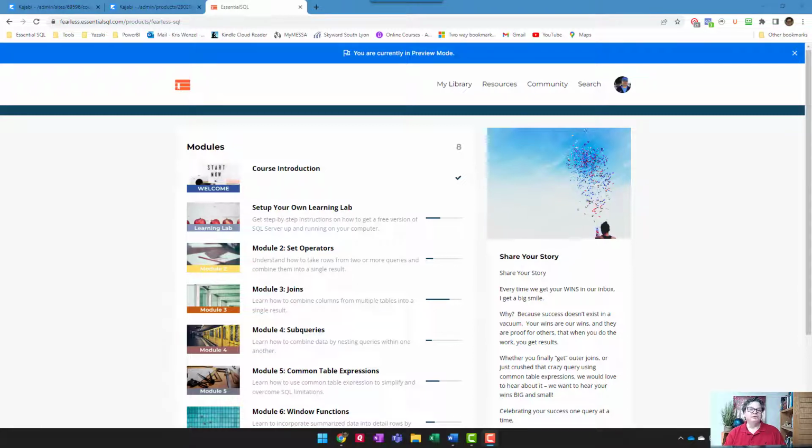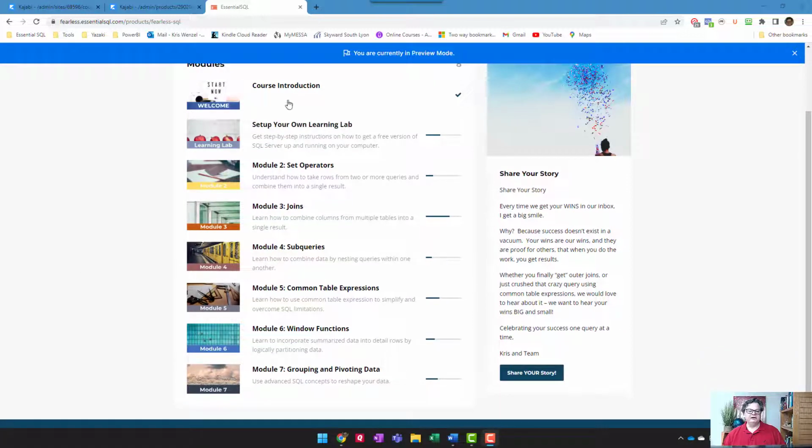So I want to show you a module that I put together in the course just to show you the approach, because I think you're going to find this is something that would really help you. All right, so the course is actually divided into 8 modules, and as you can see here, they start running through some of those concepts that you would need to learn as you expand your SQL knowledge, maybe from even some of the interesting parts of set operators to joins to subqueries, common table expressions, window functions, and grouping and pivoting data. There's over, I'd say, 30 hours worth of video in all of this,